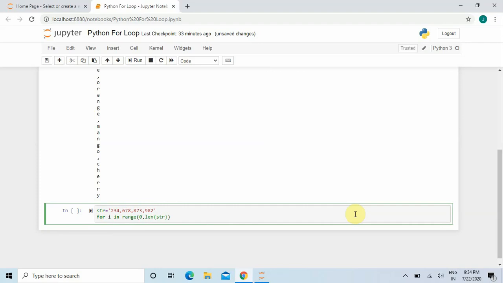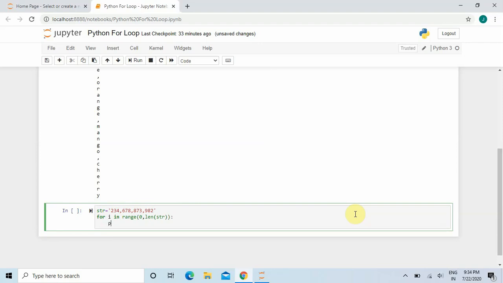Since my string name is str here, I am writing str also. Then I am printing: print str of i. Now let me run it.